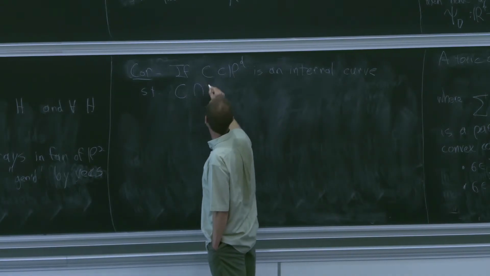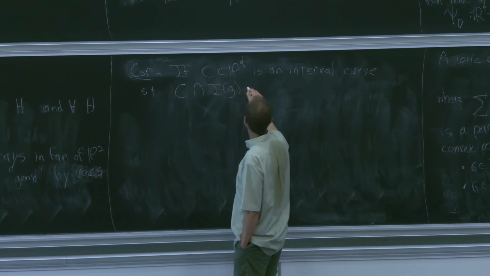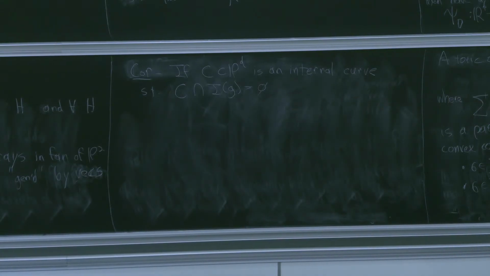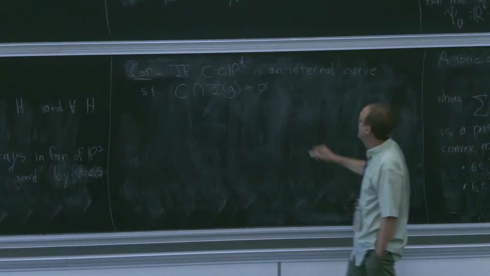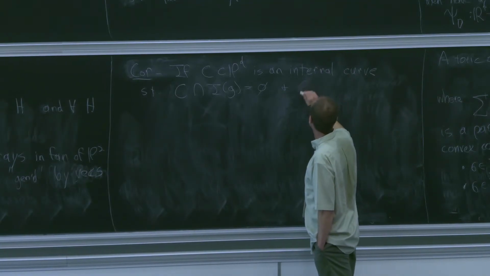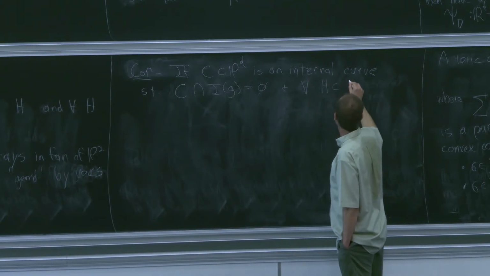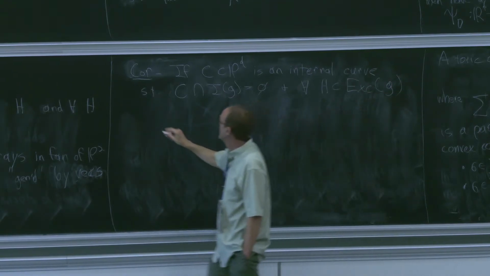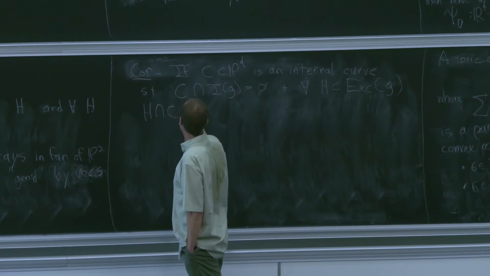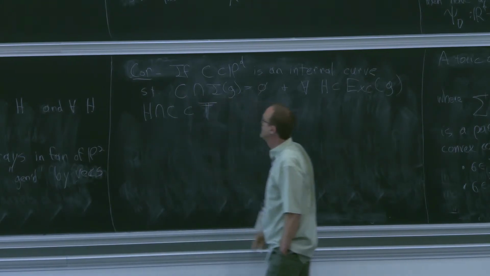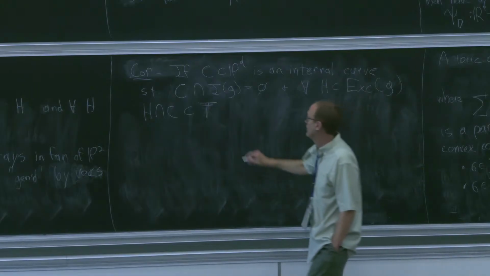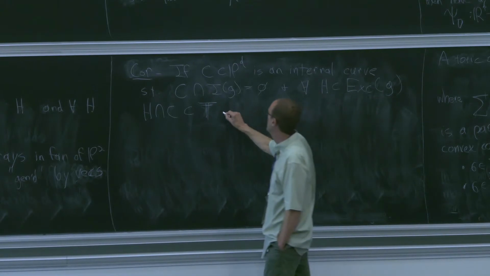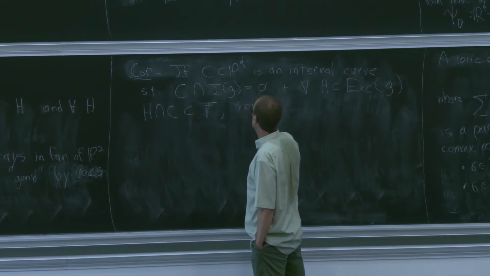such that it does not contain any points that are indeterminate for G, and for every exceptional hyperplane of G, H intersects C in the torus. Okay, these are fairly generic conditions on C. Then